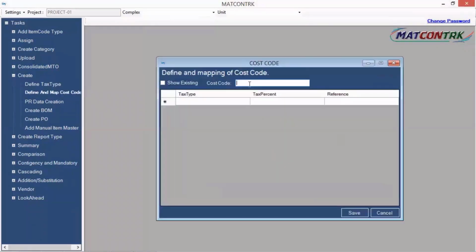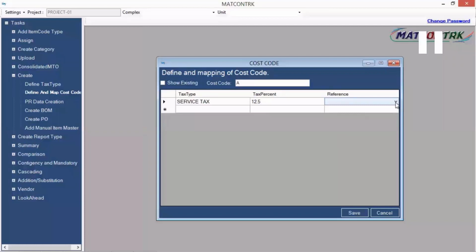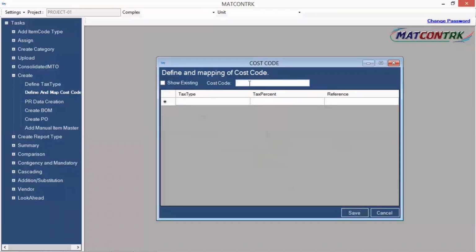So the tax types I have defined over here, now I'm going to add these tax types into the particular cost code. Cost codes are nothing but my pre-work. I'm defining here the taxation codes that I'm going to employ during the purchase order procedures. So I will not select individual taxes there. I will simply select the cost code to apply on the PO value.